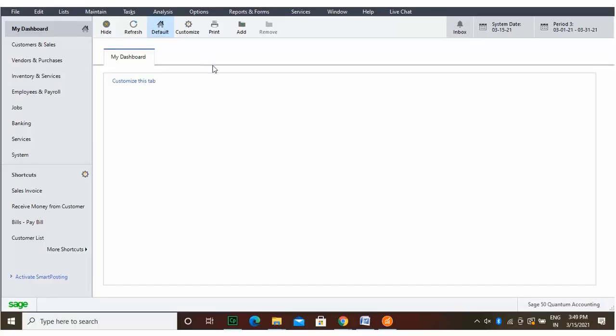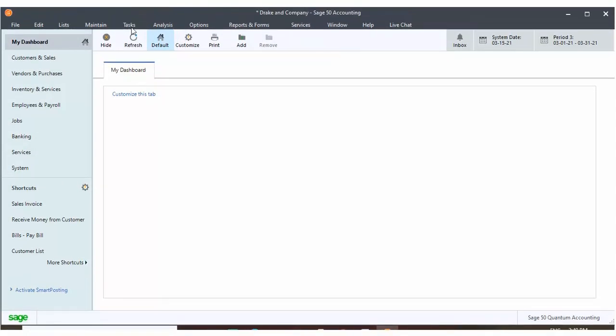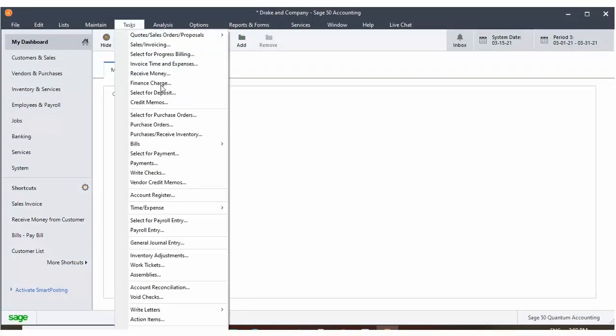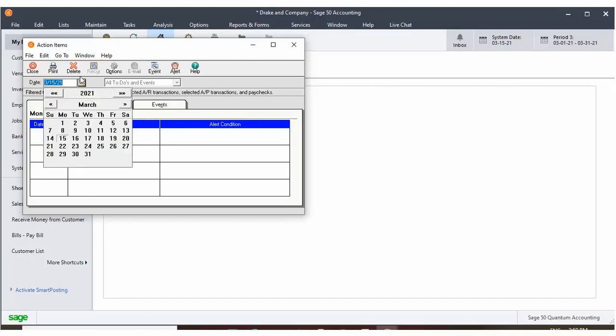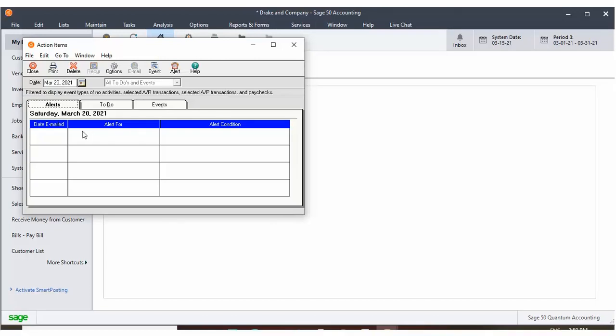To be able to create an event, a to-do item list, and an alert, start the Sage 50 application. Open the Fakiko Incorporated Company file completed through the end of the previous chapter's exercise. Select Tasks, Action Items from the menu bar. Click the Events tab within the Action Items window. Select